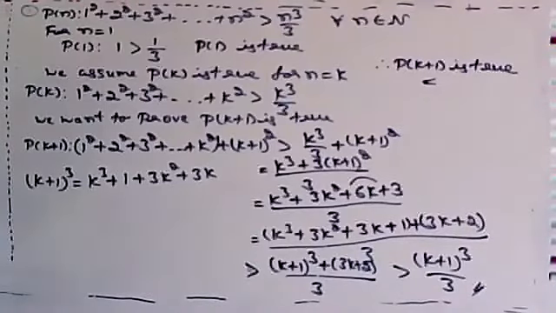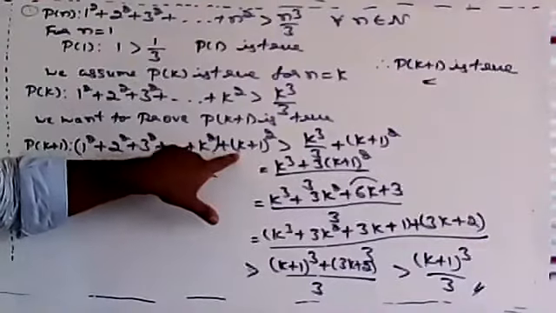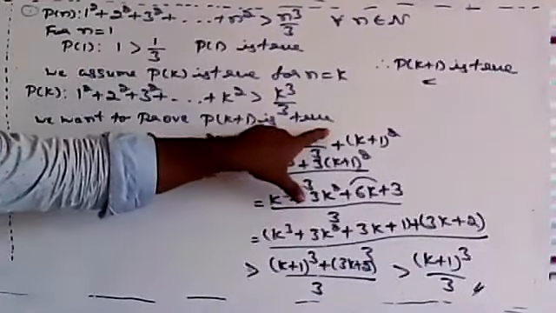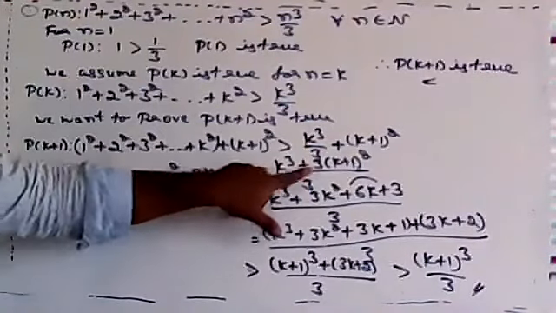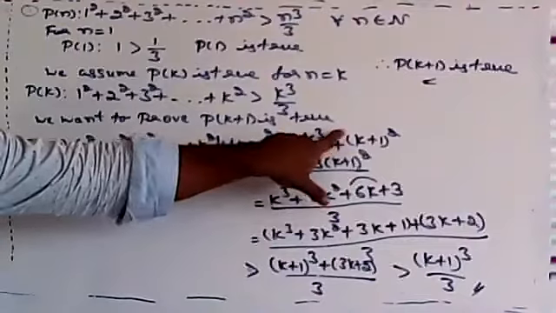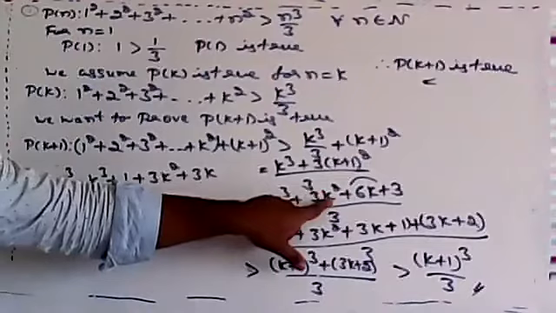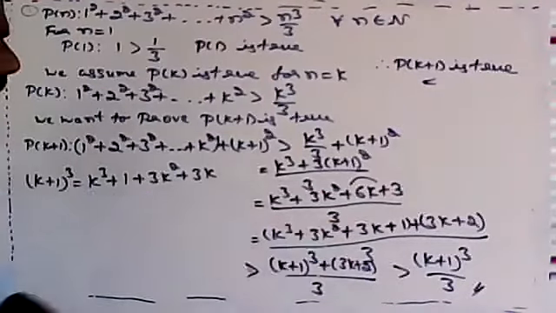Okay, once again I'm explaining that one. See, when you are adding the k plus 1th term here, k plus 1 the whole square greater than k cube by 3 plus k plus 1 the whole square. Then expand that one. When you take the LCM, you have to multiply 3, no? When we multiply 3, we'll get this equation k cube plus 3k square plus 6k plus 3 by 3. Correct or not? Okay, so this step I'm telling you.